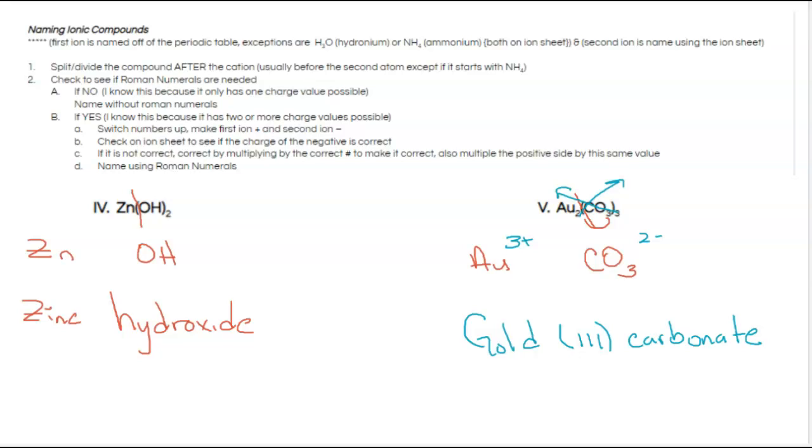I'm going to do one last example to show you what you do if your negative ion is not written correctly. So let's take a look at that. We're going to do a sample problem with this compound, PbO. So I want to name this compound, so I'm going to go through my process. I'm going to split it after the cation, so I split it here. And now I'm going to be working with lead